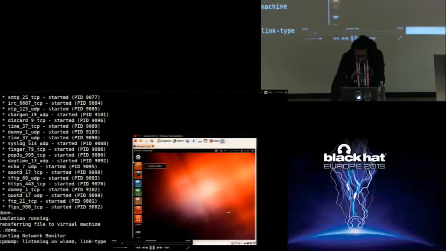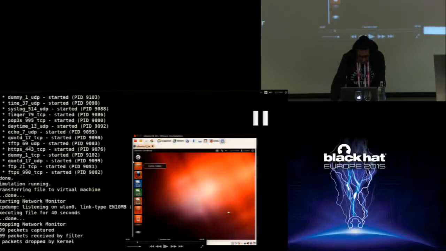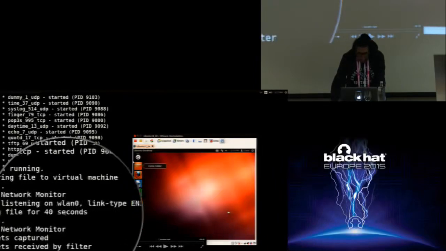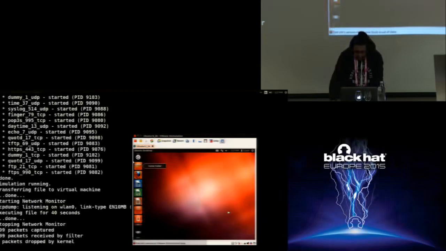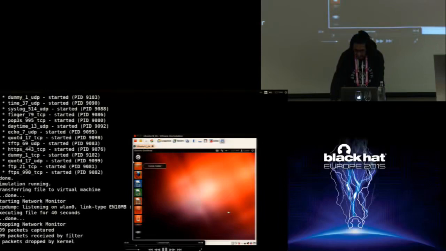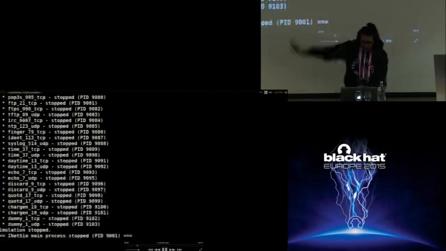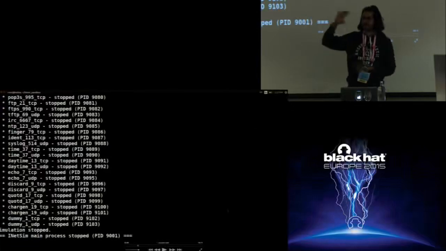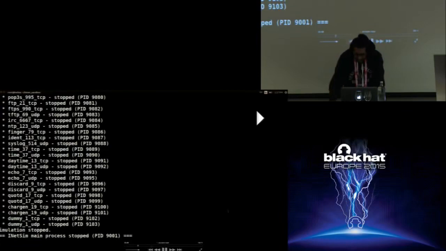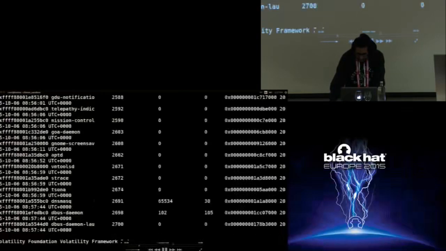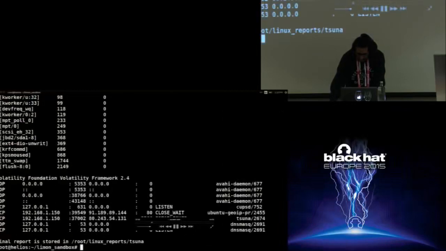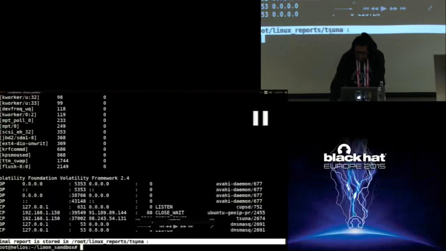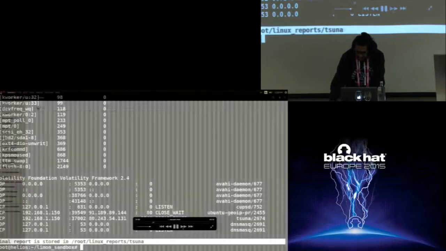And you see now it is executing the file for 40 seconds. After executing the file for 40 seconds, it is also running the monitoring tools. You'll see that it will suspend the VM. As you can see, it suspended the VM. Now suspending the VM creates a memory image, which is the memory image of the infected machine. Now it takes the memory image and does memory analysis using the Volatility Advanced Memory Forensic Framework. So once it is done, it stores the results in this directory. So let's go to that directory and see what we can find.